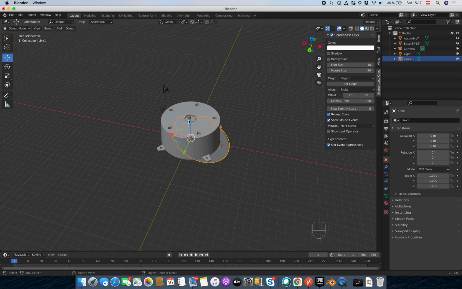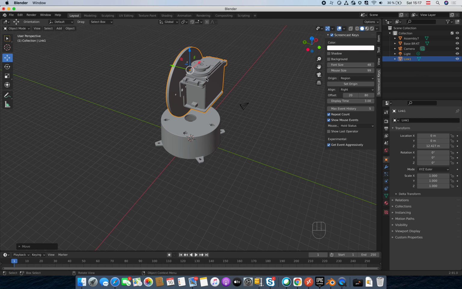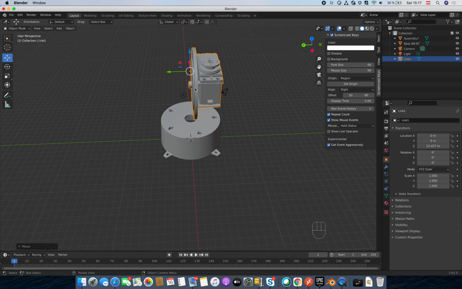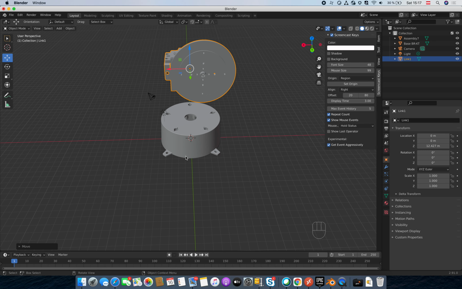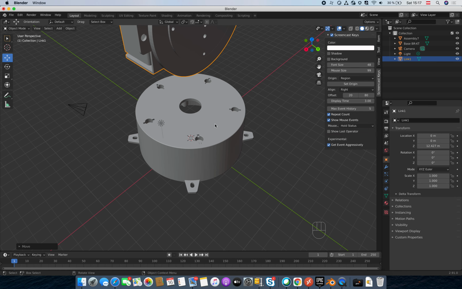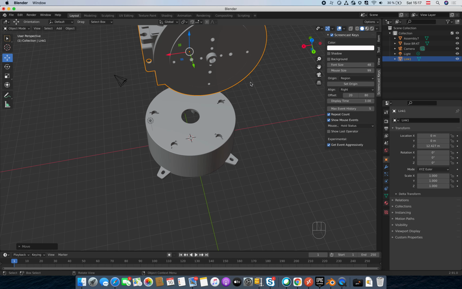Yeah, and I have just moved it up like this. We can see it is the first servo motor that is attached to the first link, and the role of this link is to rotate around the z-axis and around basically that link here, or the base. Now what I want to do here is to attach, of course, this one to this one, or link one